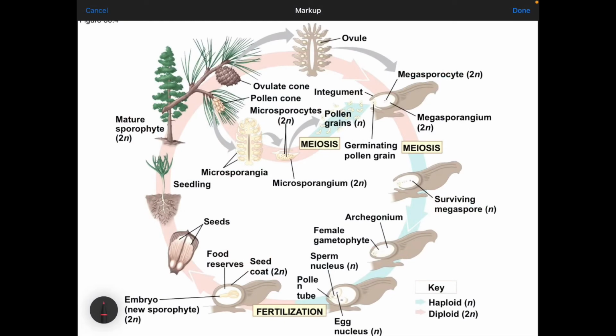So next up, we have plants. Again, this is just from your textbook. Before we get started, make sure you have a copy of this that you can draw on so you can follow along really easily. Now, plants, like I mentioned before, their life cycle will look different from a fungus because they have a multicellular diploid stage on this side, and a multicellular haploid stage, which will be over here on this side.